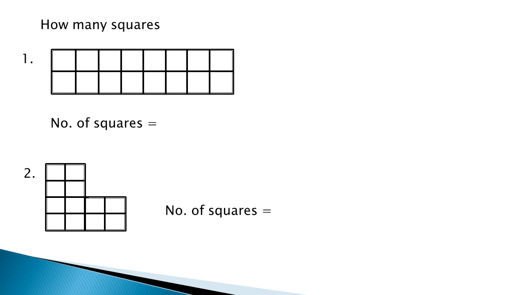Now we understood how to find out the perimeter and area, and in which unit. Okay, so let us discuss now how to find out the squares. This is also an easy one. In the first one, you can see a rectangle and in that some squares are there. Count the number of squares and write the answer. After counting, you will find that there are 16 squares. The first answer is 16.